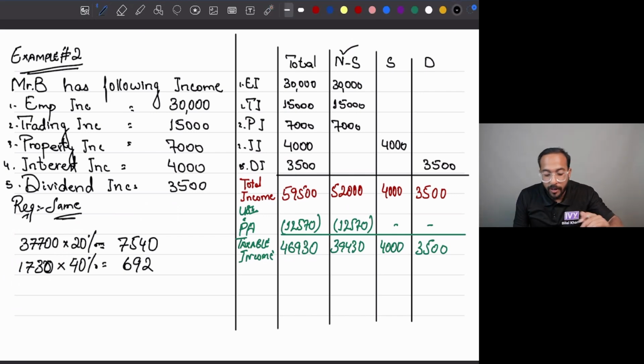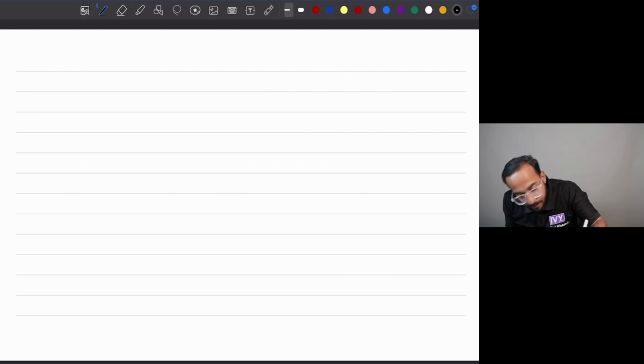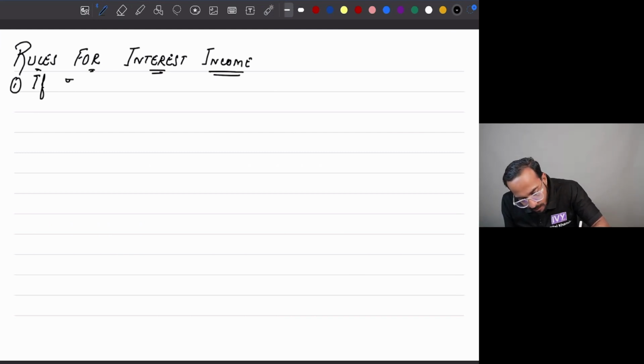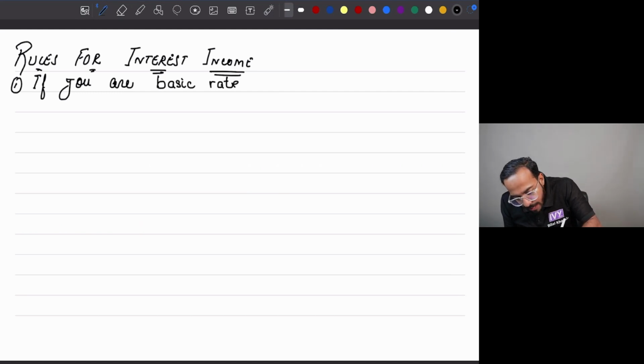Now be focused over here. I'm writing the rules for you guys. Rules for interest income. The first rule for interest, or saving income, is: if you are a basic rate taxpayer,